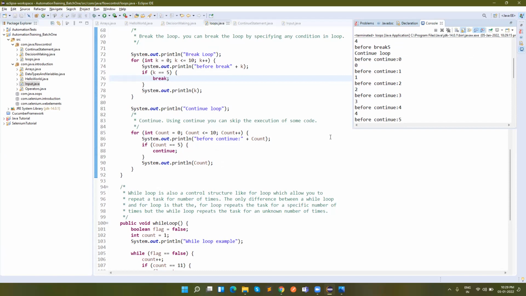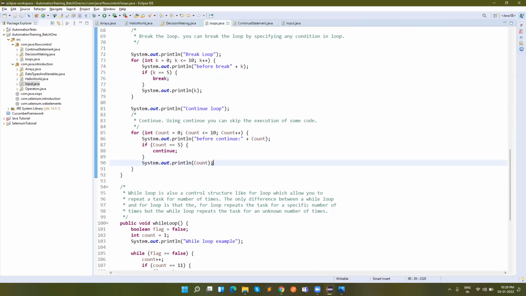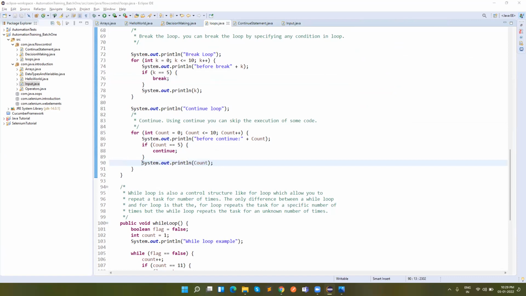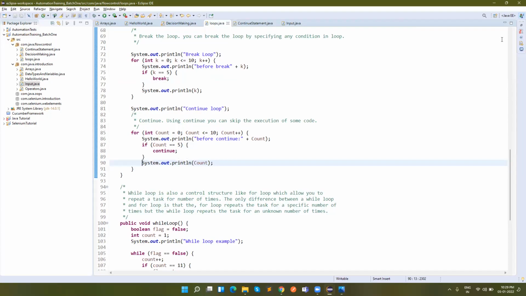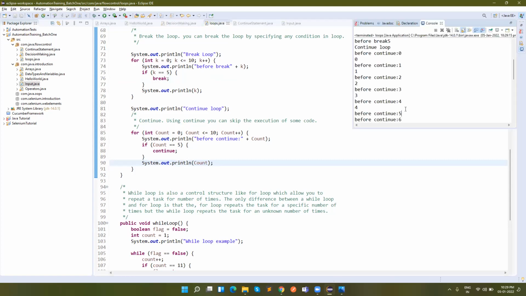But when the current value is 5, it has skipped that print line, and then it continues for the rest of the executions, right?